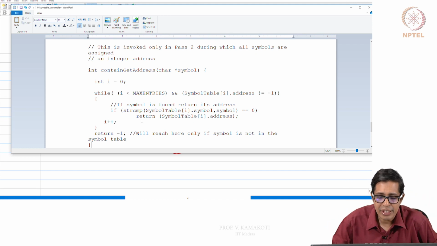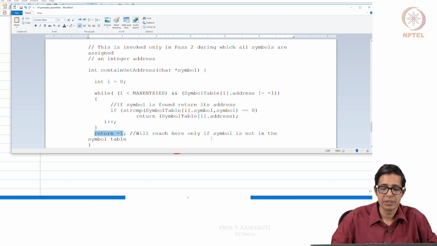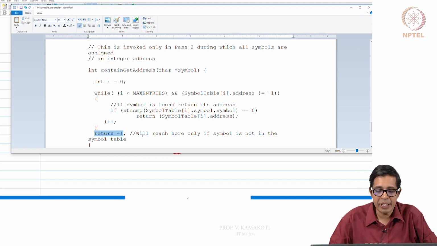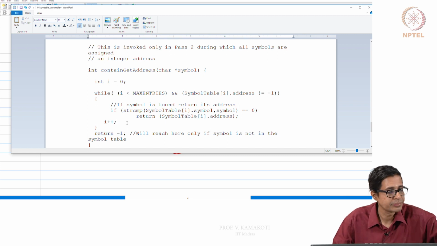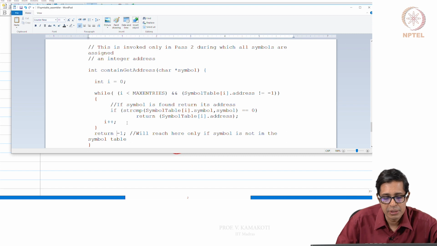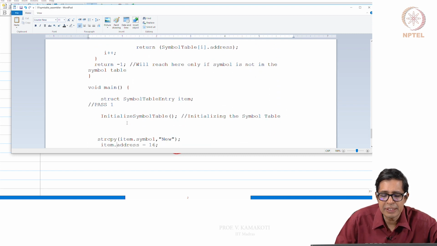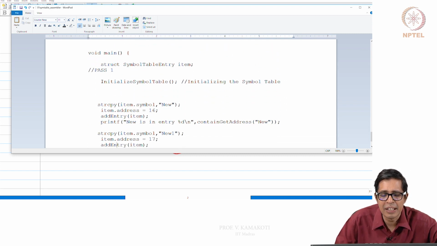Since I put return, I will reach this part of the code only if this value is not stored. So I return -1 in this case, and this part will be reached only if the symbol is not in the symbol table, and that's it.